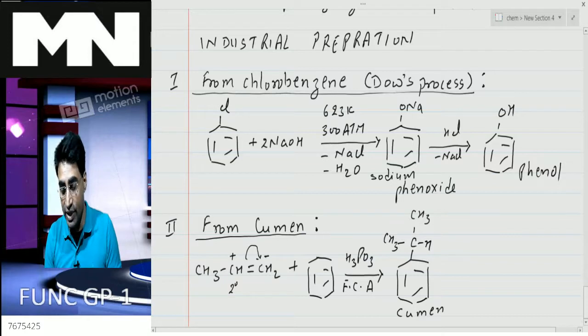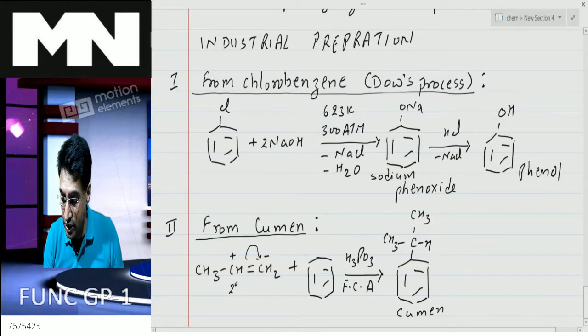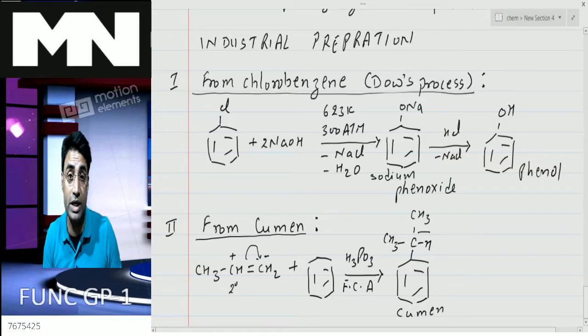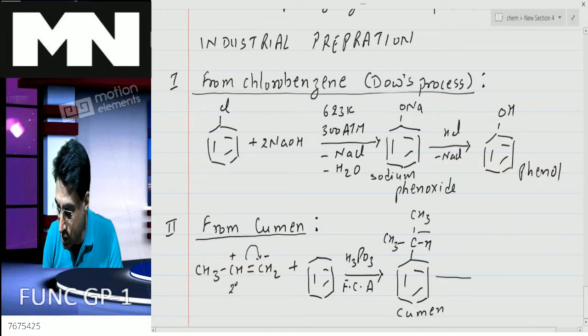That H positive ion is going to combine with CH2. It will form CH3. So here in this case, if you are seeing one of the CH3, this was actually CH2 negative, which has accepted one proton and has got converted to CH3. If we oxidize this cumene, we generally carry out aerial oxidation in this case. We'll get a compound like this,